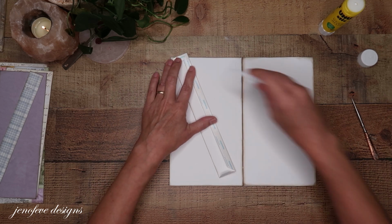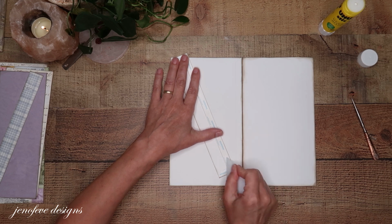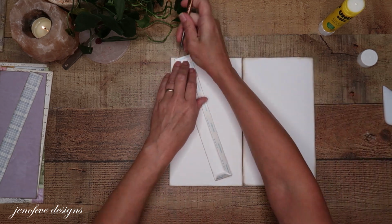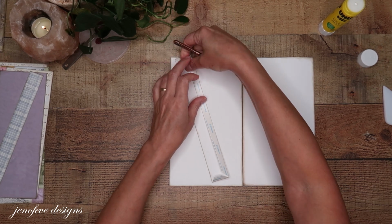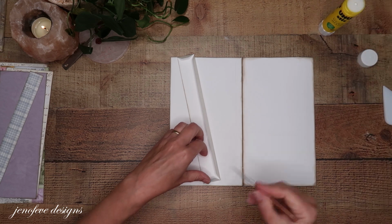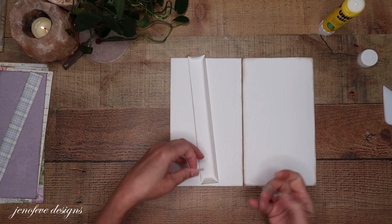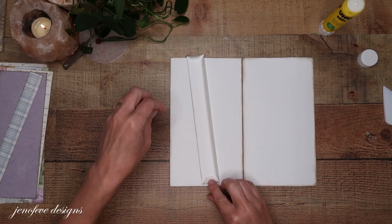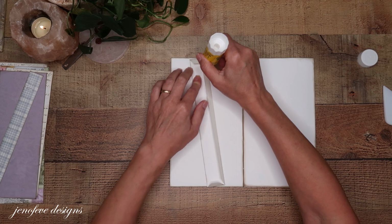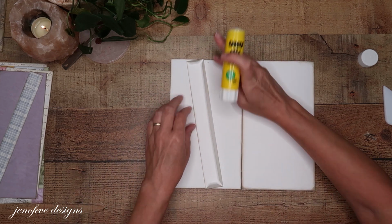So I thought about doing a belly band, but I think this way things will stay in better, like when you're flipping your pages. So I'm going to take the tape backing. I just want room for photos, and the areas that are up next to are going to be rubbing up next to another page. Oh, I was going to do the glue stick trick. Plus, we've got some